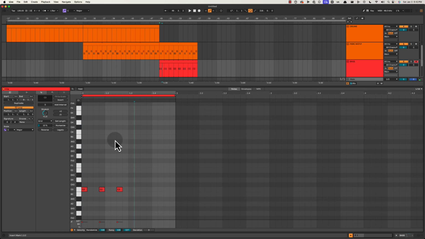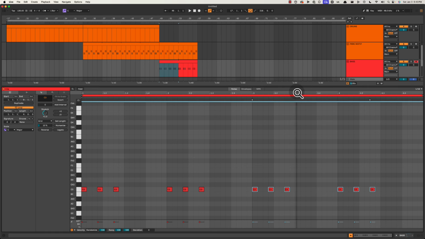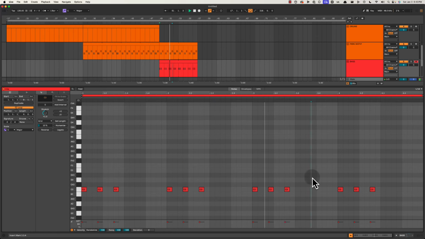Okay, and then a little bit of a turnaround on the bass that doesn't quite follow the percussion motif, which is even cooler, because even though they're aligned a lot in terms of the motif, they're still a little bit different, which creates more interest. So if we duplicate this twice, we can map out that little variation in the bass line. So right here, and then he does have this note right here. Check it out.